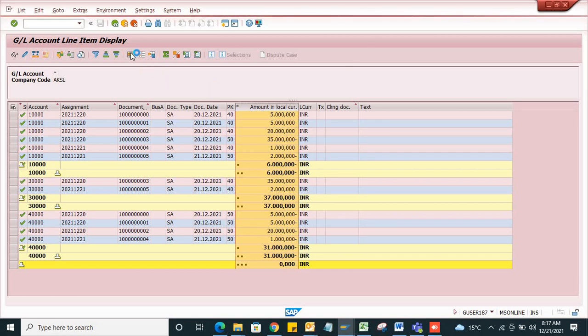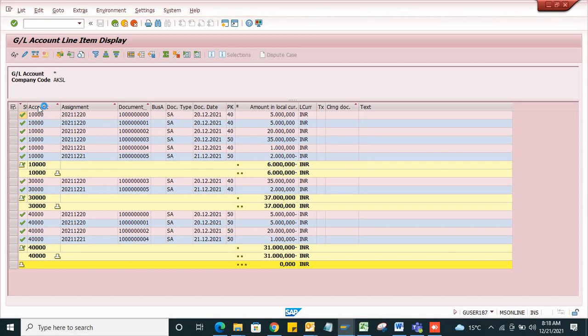If you observe here, earlier what was our cash balance? 5,000. But now what happened? It has come to 6,000. How has it come? Because we had an income of 2,000 and an expense of 1,000. This is our expense 1,000 and this is our income 2,000. And my park document number 1004 and 1005 have been posted.